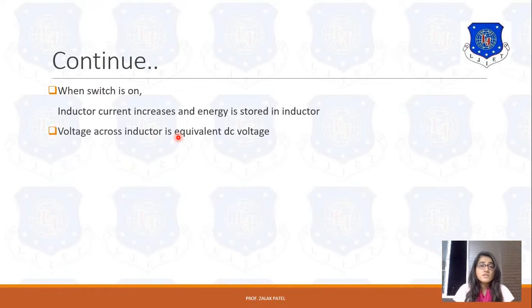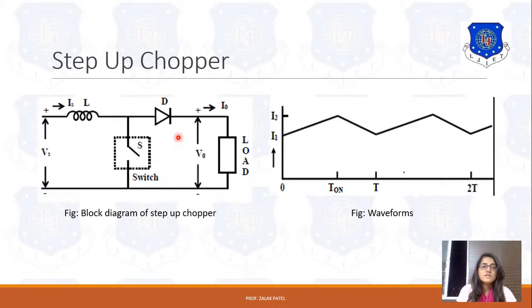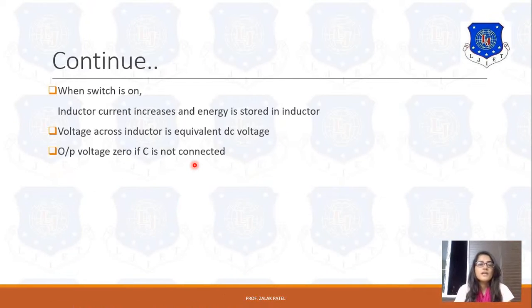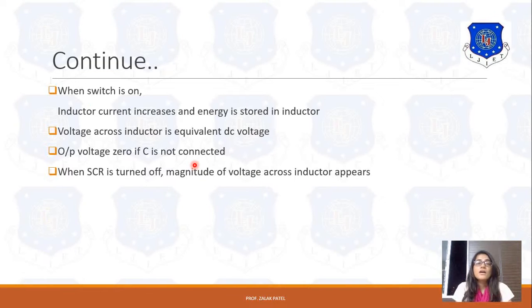In that case, the voltage across the inductor is given by the output voltage. Now consider when the capacitor is connected and when it is not connected. If you see this diagram, ideally the capacitor should be connected in this section across the load. If it is not connected, then ideally the voltage across it is 0, but if it is connected, then the voltage is L di by dt plus some voltage V. This voltage V can be of any value.